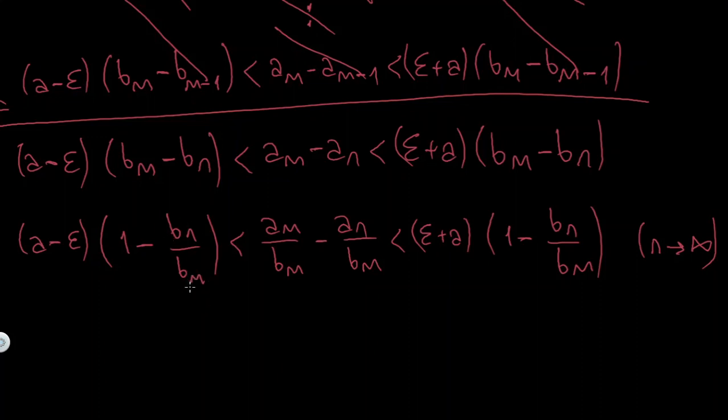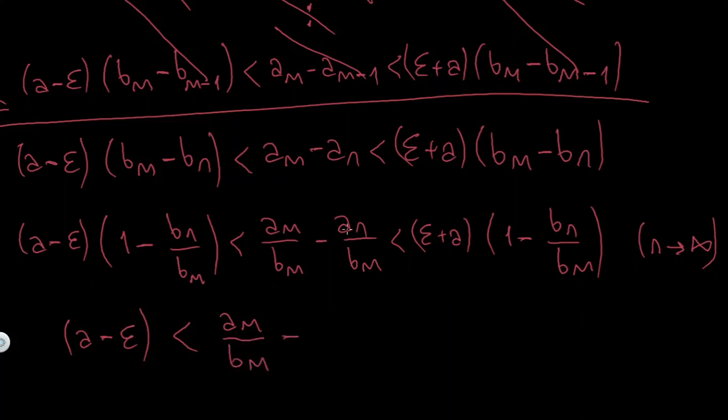So if I take this limit as n goes to infinity, this is going to be equal to the limit of b_n over the limit of b_m. And the limit of b_m is just going to be equal to b_m, and the limit of b_n is going to be 0 because b_n goes to 0. So this thing will just be 0. So what I can say is that a minus epsilon, this thing will just go to 1, 1 minus 0, which is 1, less than. I don't know what this limit is, but I can write it directly because it is like a constant for n. So the limit as n goes to infinity of a_m over b_m is still the same. There is no n in it, b_m,